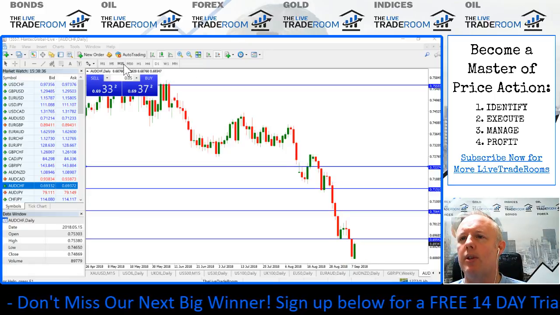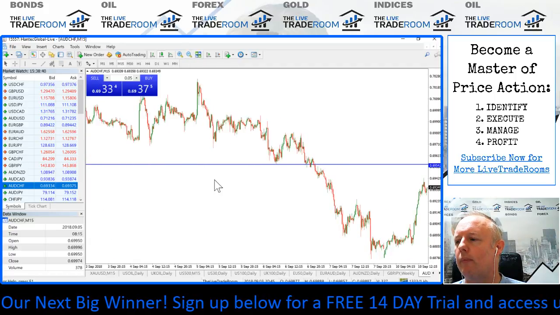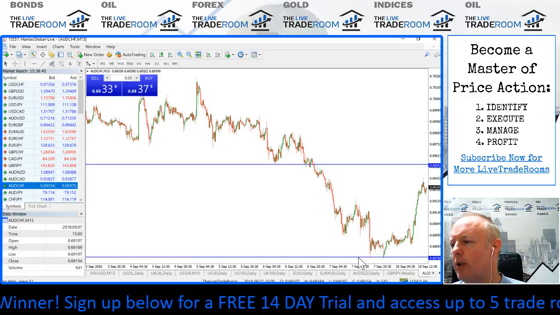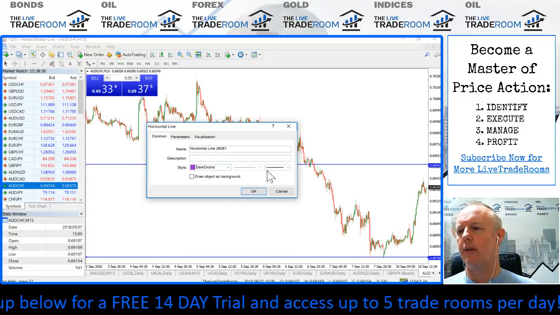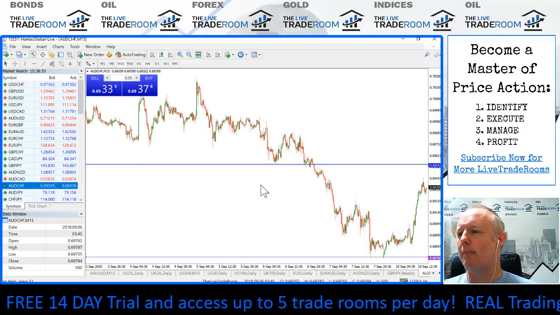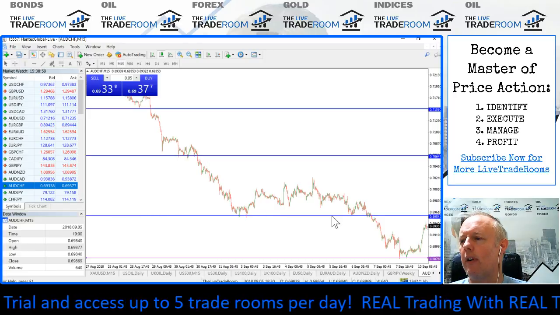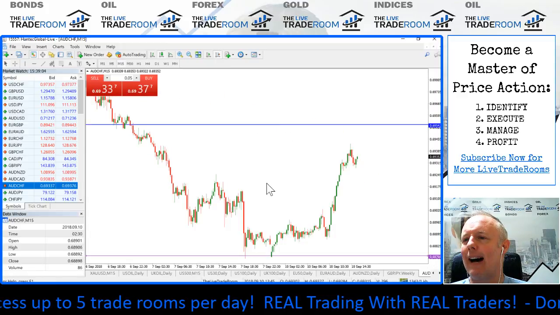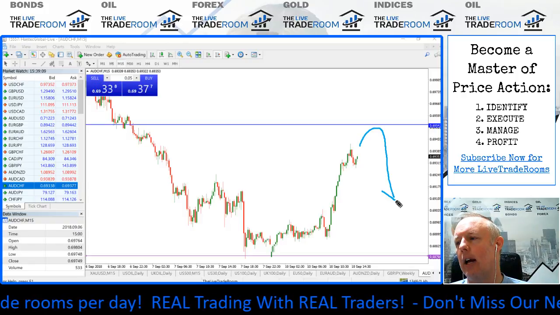So let's go into smaller time frames and let's see how this has played itself out. Now we're going to switch to more of an intraday analysis. So for this we'll convert it. There's a bit of a process involved in trying to truly identify these high probability opportunities. We know that this was a strong level of support on the way down, so it's very likely to become a really strong level of resistance on the way up.